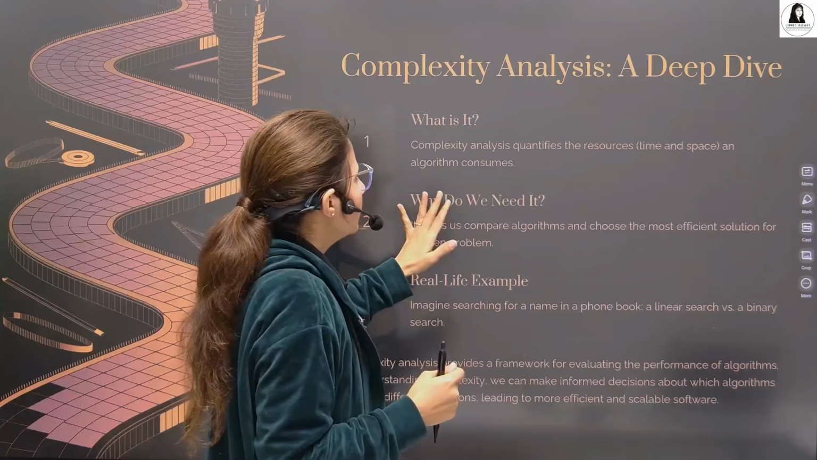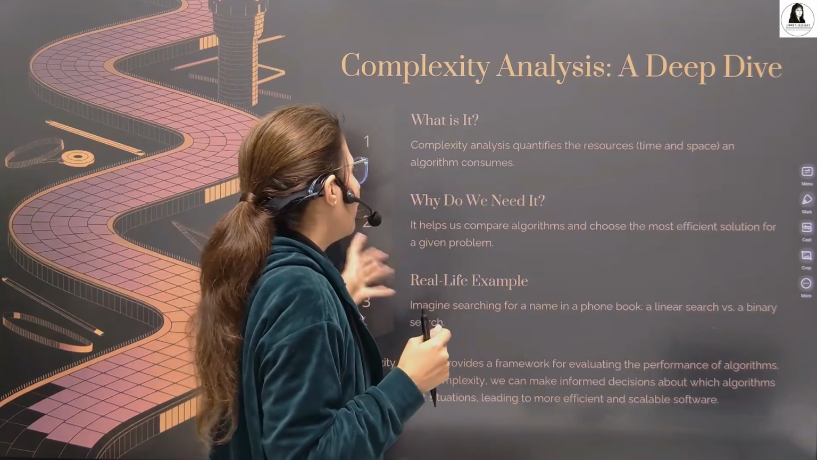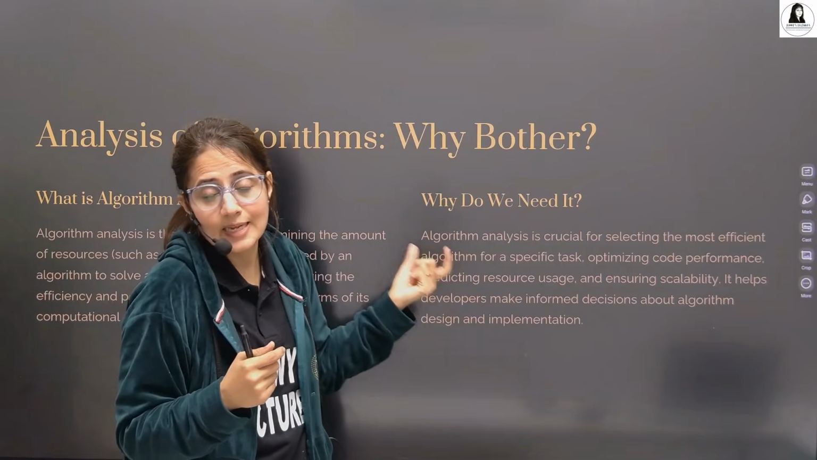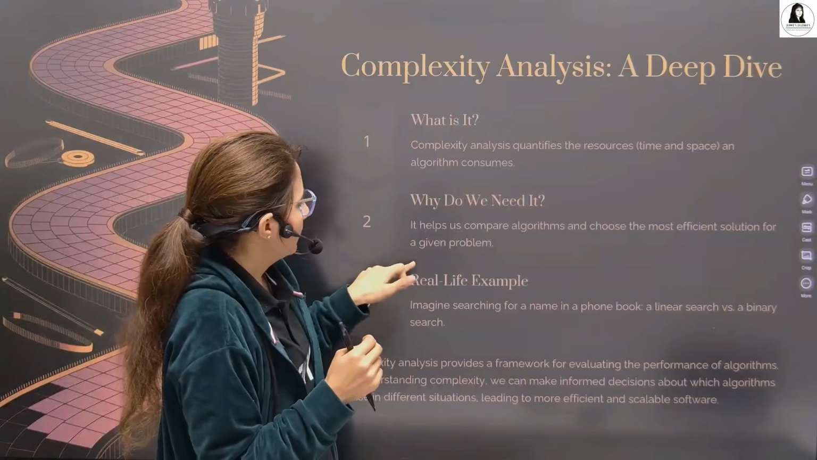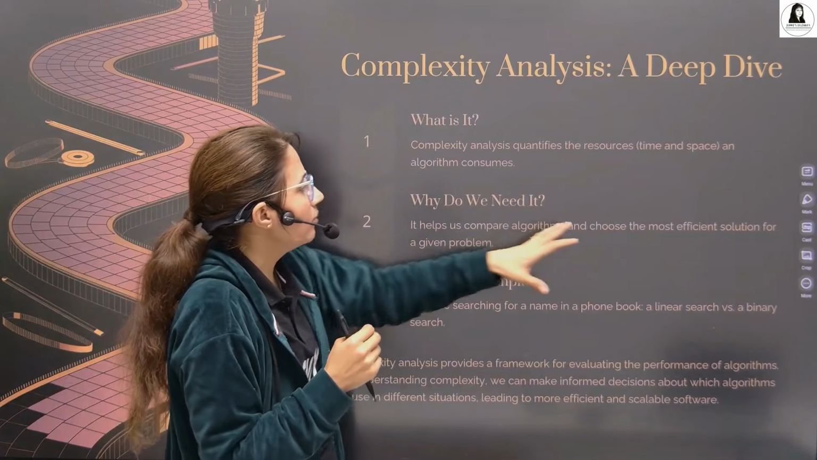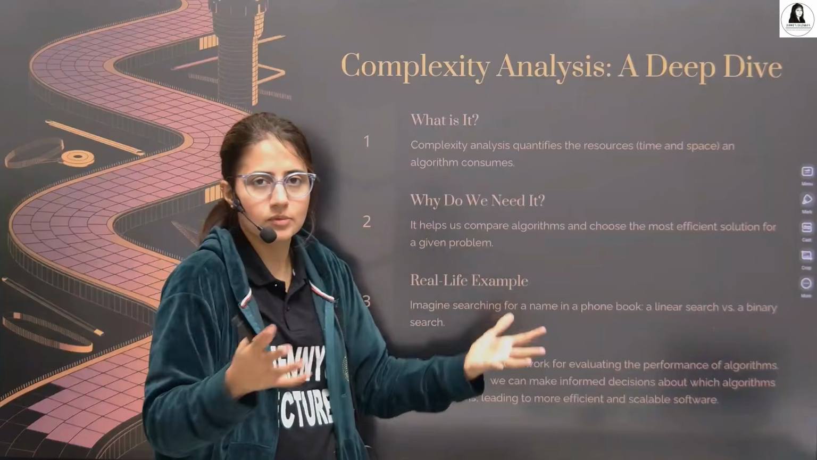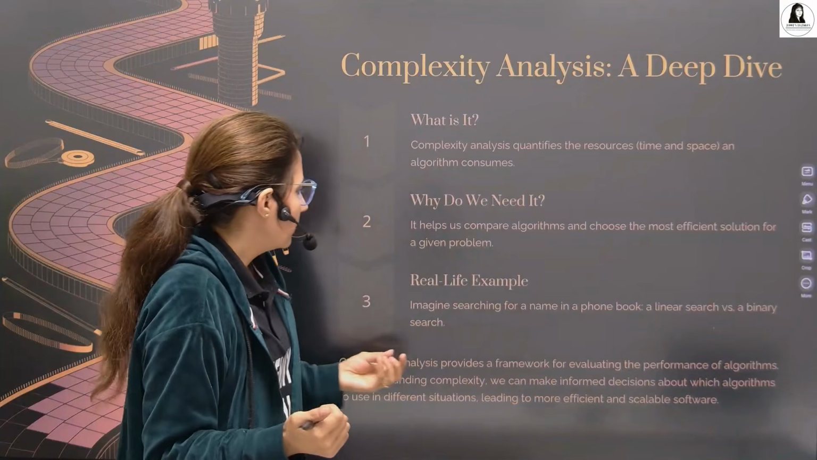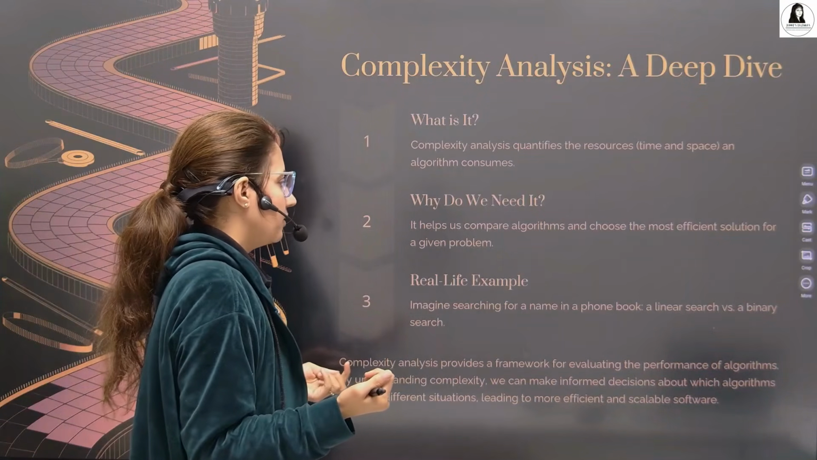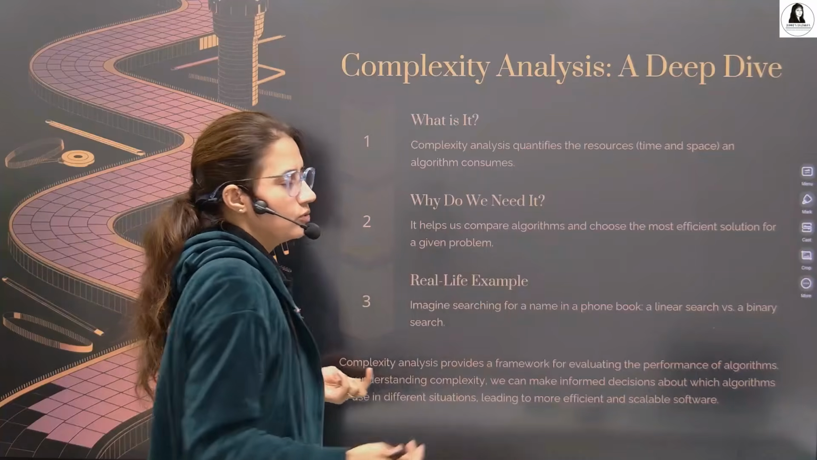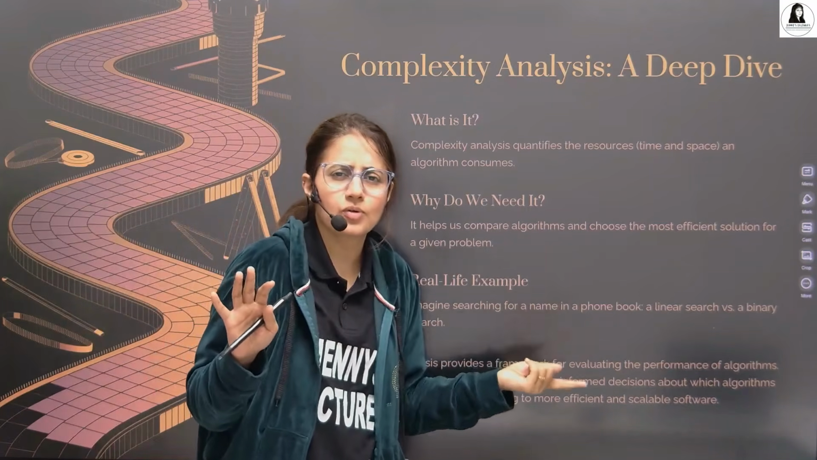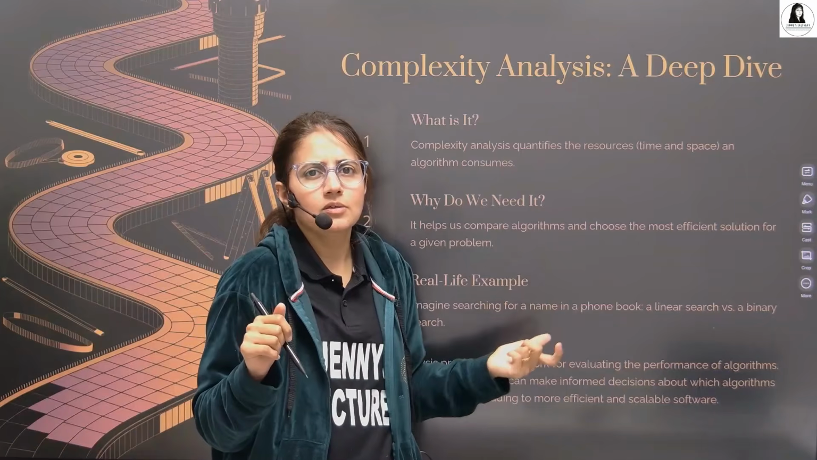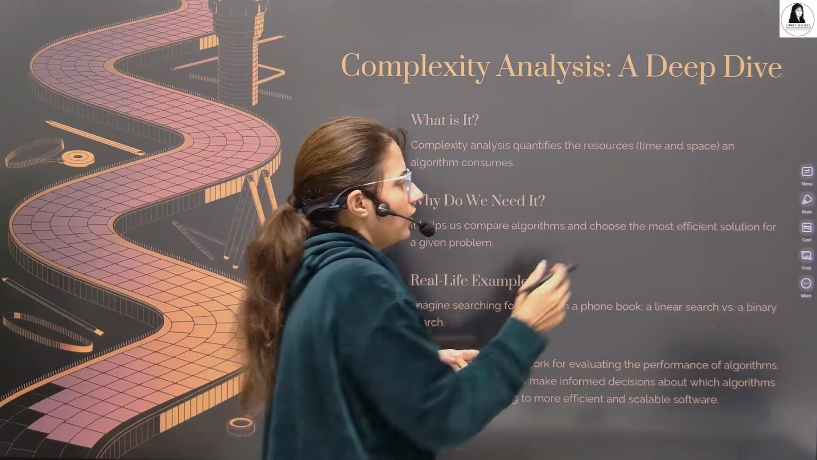So that is complexity analysis, and why we need it: it helps us compare the algorithms and choose the most efficient solution for a given problem. Some real life example, like if you are searching a name in a phone book, then linear search, binary search. You don't know about linear search or binary search right now, but linear search is something like, if you have an array,